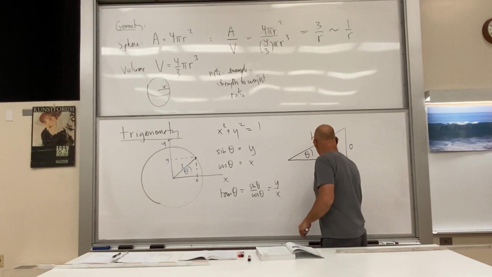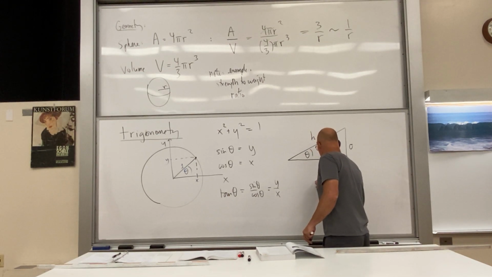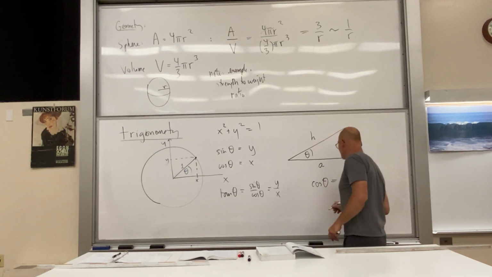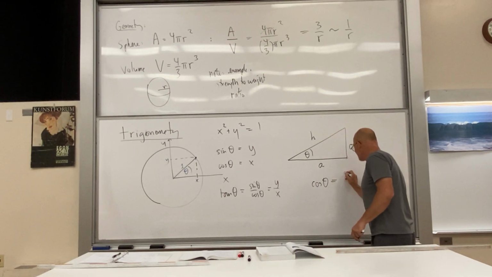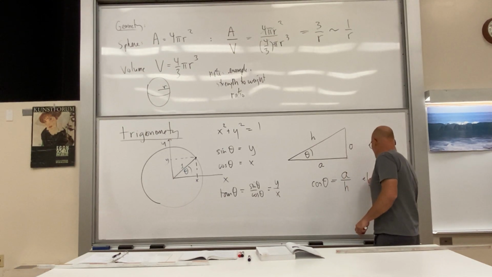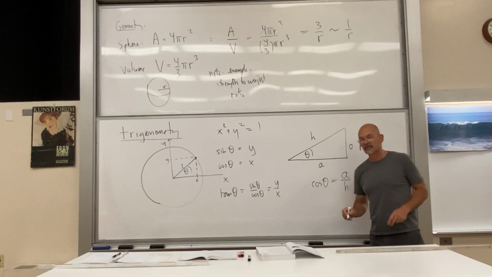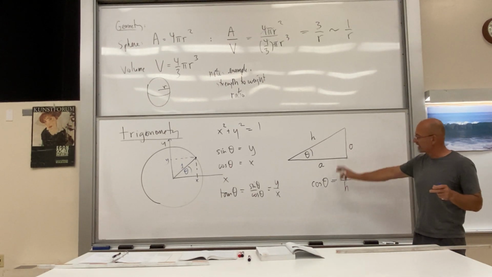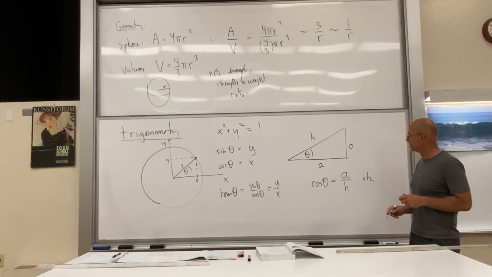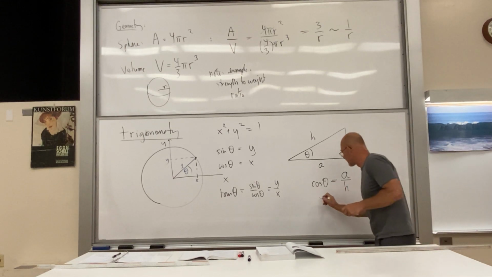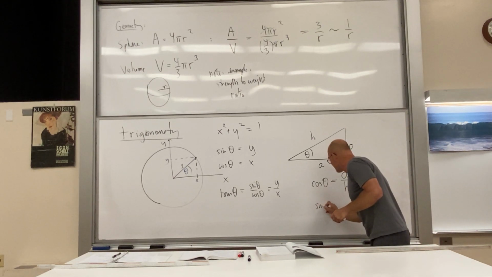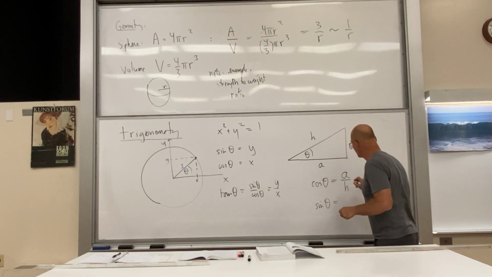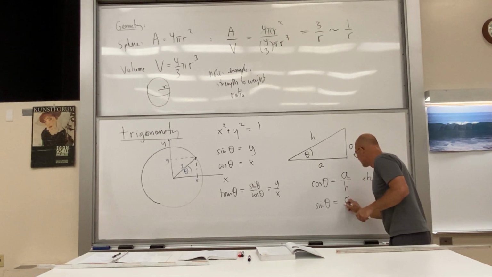And under these circumstances, we have, say, cosine of theta is equal to the adjacent side over the hypotenuse, etc. We do sine and tangent the same way. Why don't I go ahead and write them out? Sine theta is equal to opposite